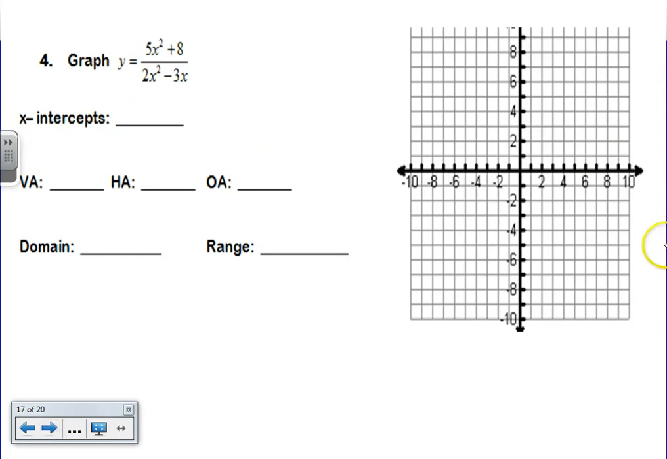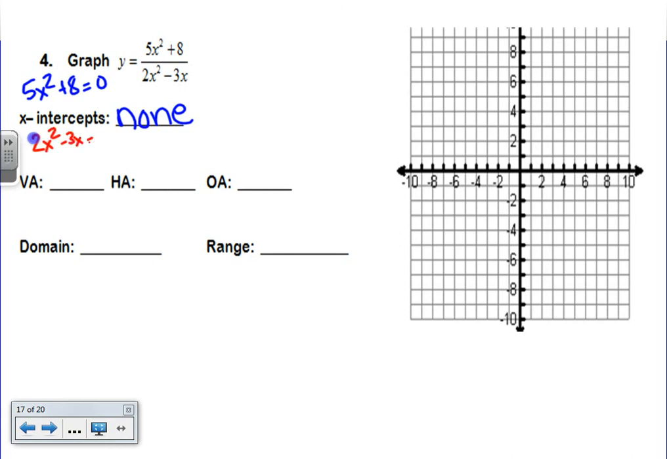Okay. X-intercepts on the next one. If I tried to set this equal to 0, you would find out pretty quickly that you'd be square rooting something that's negative, which we know we can't do in this chapter, so there are no x-intercepts. If I took my denominator for the vertical asymptote and set it equal to 0, we do have a quadratic,